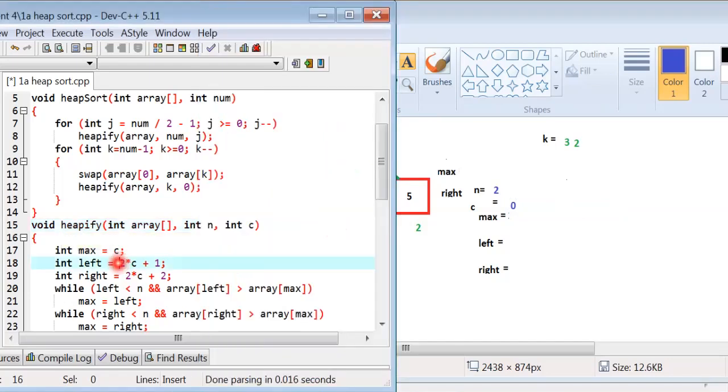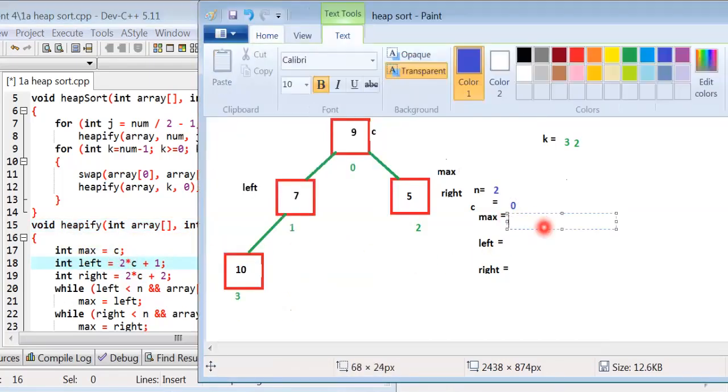And max value is 0, because c and max value are equal. And left, now see this line.